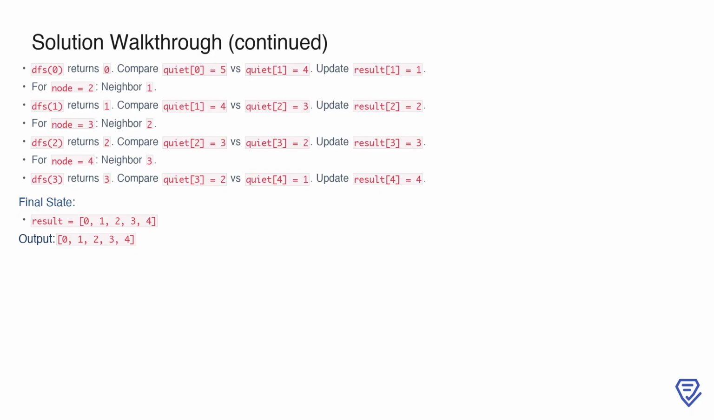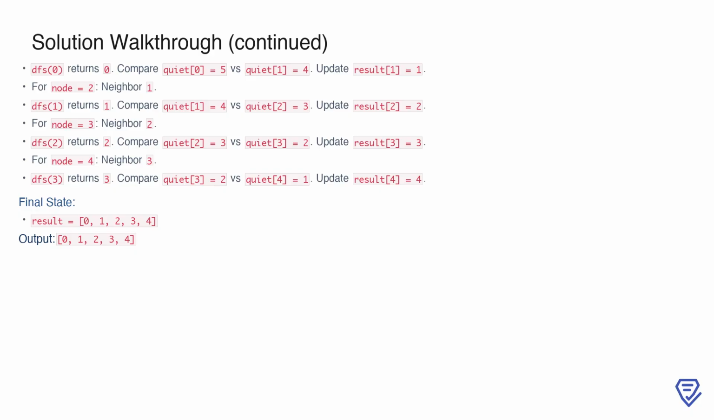result 2 equals 2. For node equals 3, we call DFS 2, which returns 2. Comparing quiet 2 equals 3 and quiet 3 equals 2, we update the quietest person to node 3 and cache result 3 equals 3. Finally, for node equals 4, its neighbor node 3 leads to DFS 3, which returns 3. Comparing quiet 3 equals 2 and quiet 4 equals 1, we update the quietest person to node 4 and cache result 4 equals 4. The final result is 0, 1, 2, 3, 4, where each node finds the quietest person